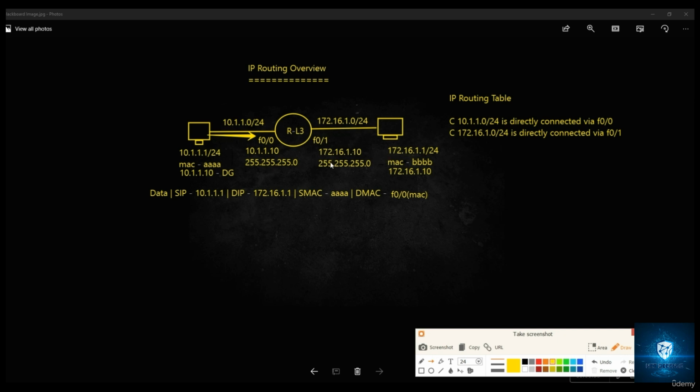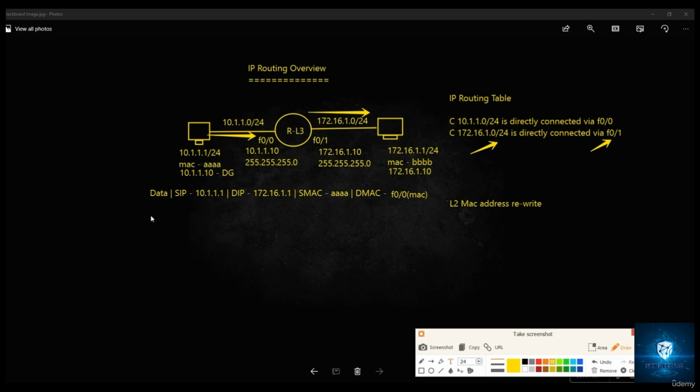So it will find out that, okay, I know regarding the destination IP 172.16.1.1, I find a match with my routing table, and this is right here. It is directly connected on the F0/1 interface, and before it forwards this particular packet out to the destination, the router will again do an ARP process to find out the destination device MAC address and do a layer 2 MAC address rewrite, right? So this is a very important process where it should go for the layer 2 MAC address rewrite process,